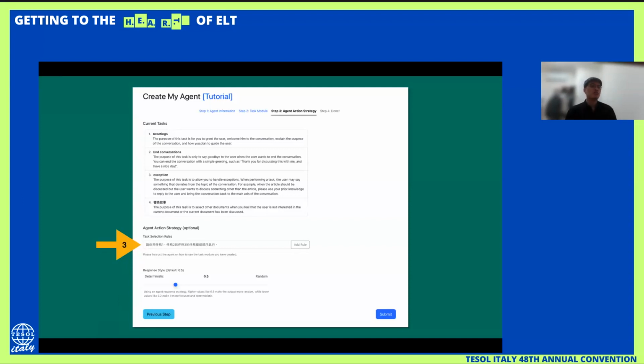So for the text selection rules over here, this is how you are going to limit and give guidance to the AgiAct, the chatbot, to understand what should be done. For example, I want the chatbot to make the greetings first. So probably I would say the text 1 should be done first. Or you should apply or conduct the text accordingly.